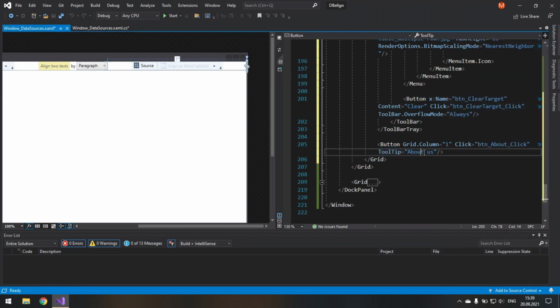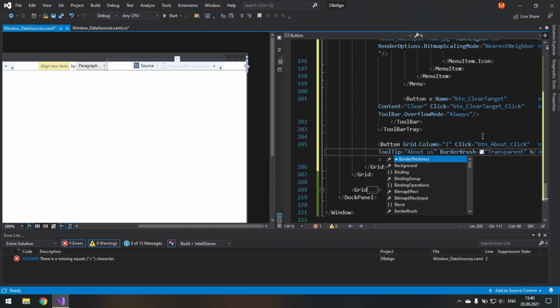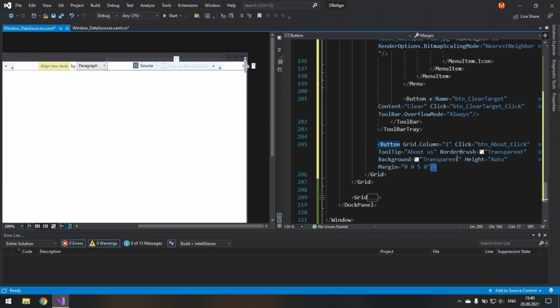This one. So border brush, transparent, background, transparent, height, auto, then margin. I will need to add a tiny margin to the right, so 0050, and inside I will put an image.